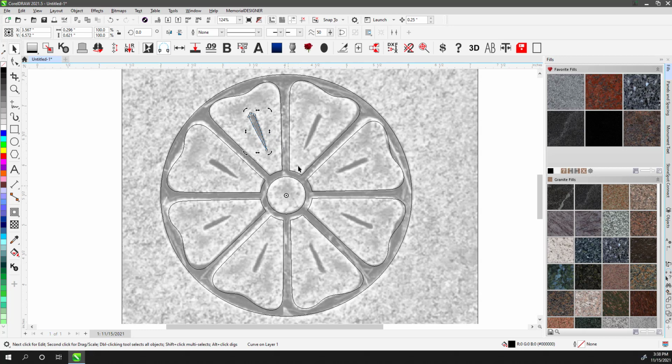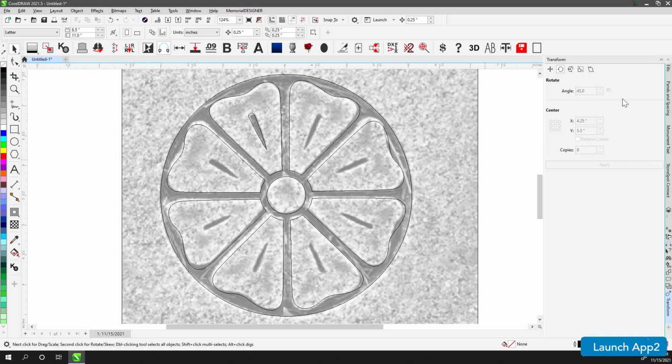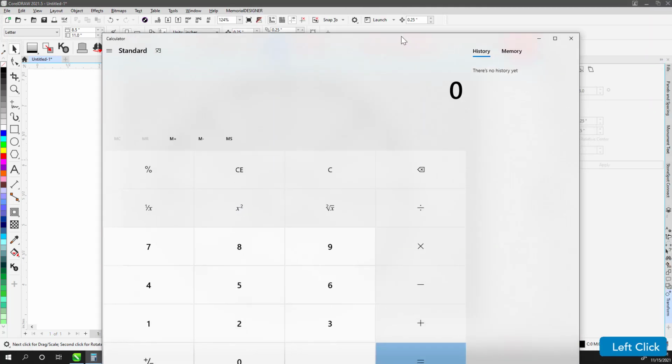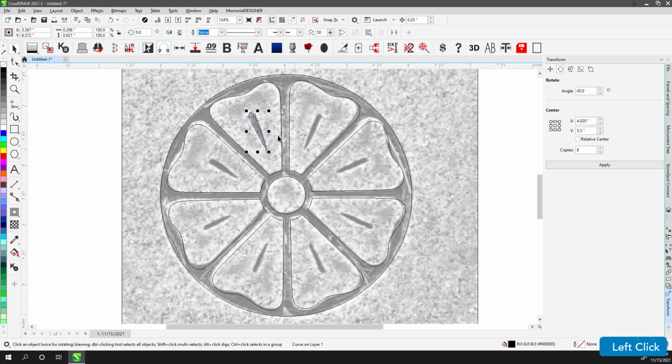And then I'm just going to rotate on that center 7 different times. So I'll just rotate it 45 degrees. The reason I know it's 45 degrees is that if I take a calculator and I've got 360 degrees, if I divide that by 8, then it should be 45 degrees in between each of them, right? So I will take this and rotate it 45 degrees, and I think I only need it 7 times, and I'll just hit apply. And so that's going to rotate it around 7 times,